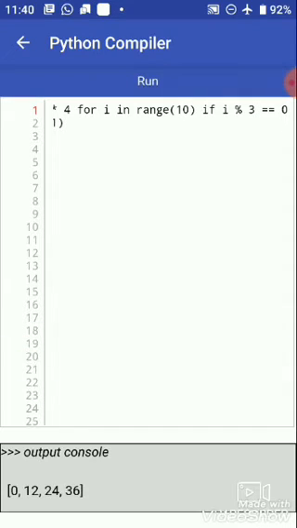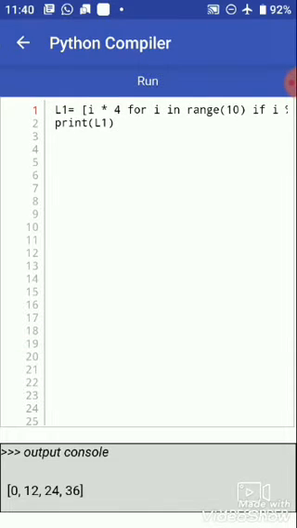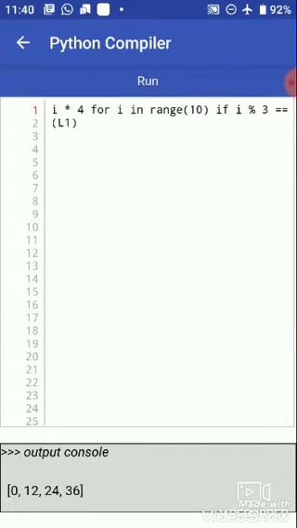When we run the program, we get 0, 12, 24 and 36. Each time i is multiplied with 4 and divided by 3 to check whether the remainder is 0 or not. So the multiples 0, 12, 24 and 36, when we divide by 3, we get the remainder 0.